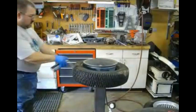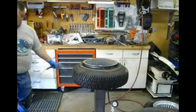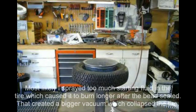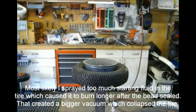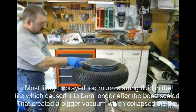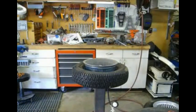So then you can also run it up over the edge so that. So I didn't quite get it tight enough, and the challenge is that it's got to seal, and then you've got to grab the air hose and fill it back up with air. And since I dropped the ball on that, we'll try it again. Okay, so